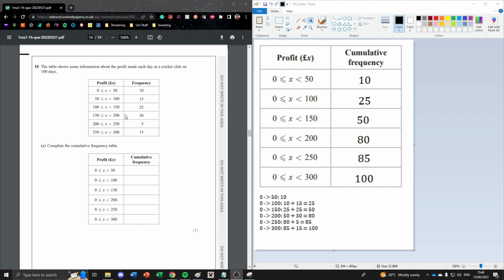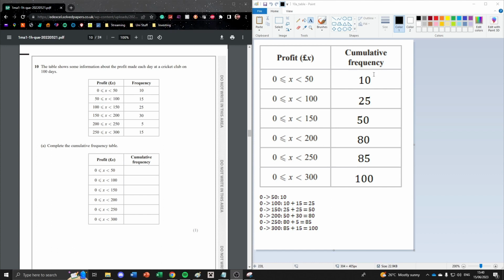So we notice that in this first frequency table, each interval is distinct. So we have 0 to 50, 50 to 100, and so on. Whereas in a cumulative frequency table, we're looking at the frequency of all intervals up to now. So this first one is just 0 to 50 again, but then the second one is both the 0 to 50 interval and the 50 to 100 interval to give us this 0 to 100 interval. So the cumulative frequency in each row is equal to the sum of all previous frequencies. So we can find that the